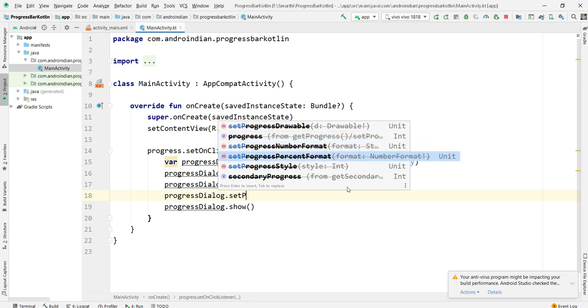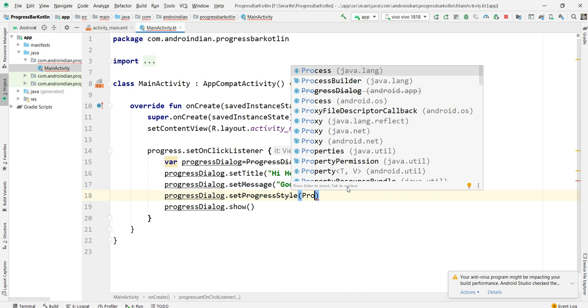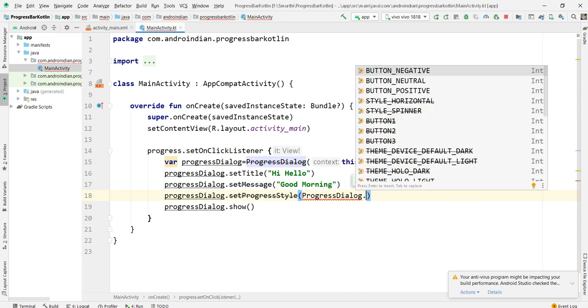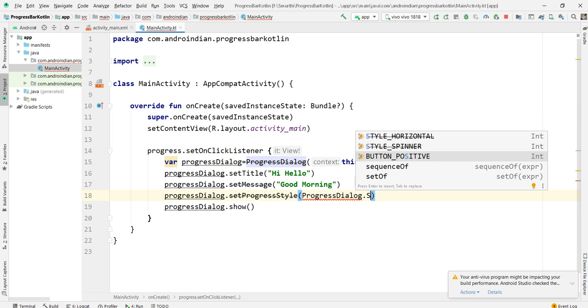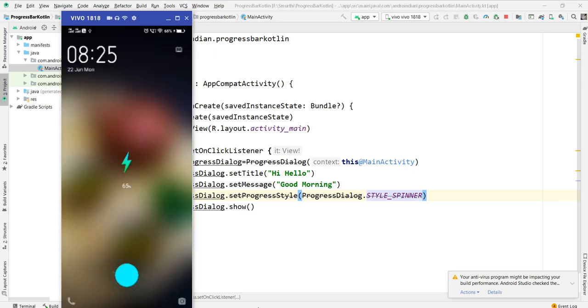Set progress style. That is progressDialog dot setProgressStyle. Here we can add the styles, progress style as spinner. We can add the spinner for this. What happens if we add the spinner? There is no difference.